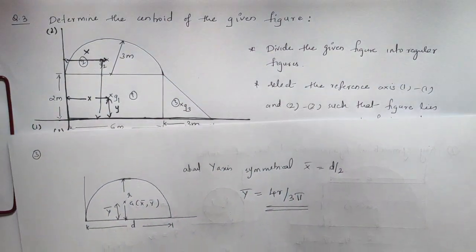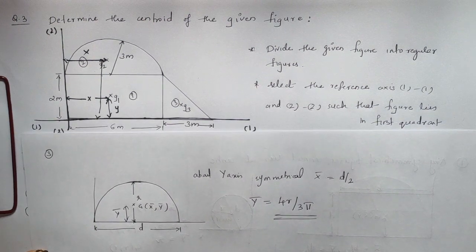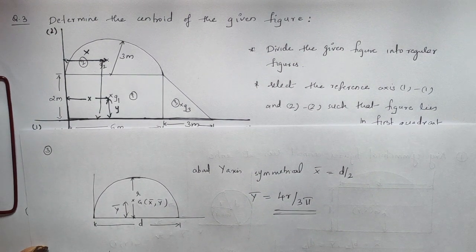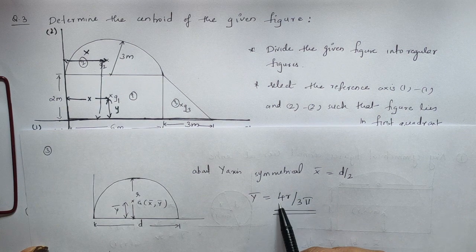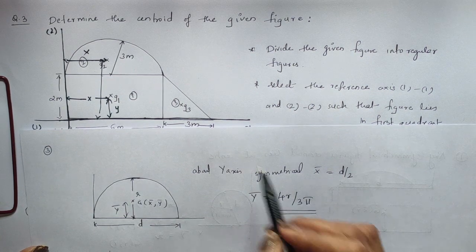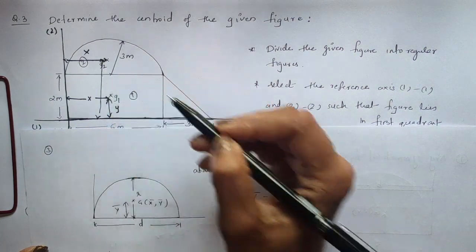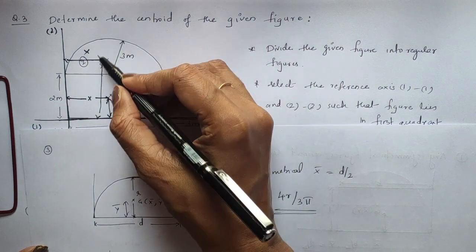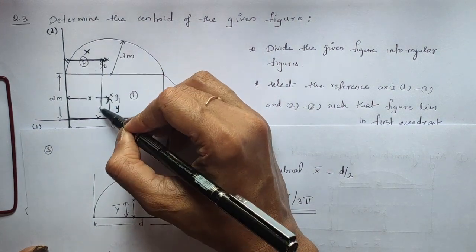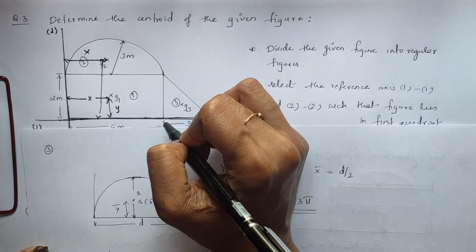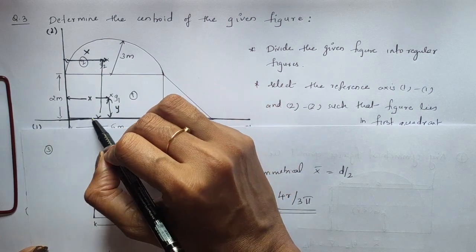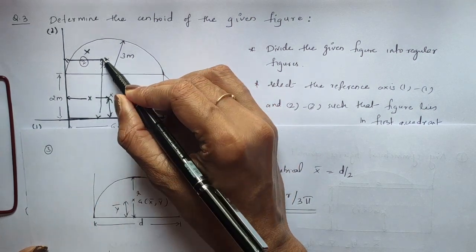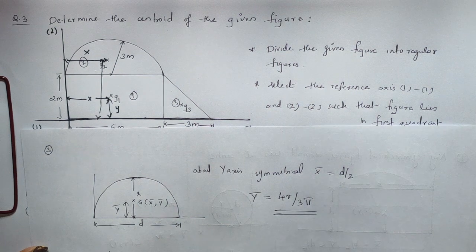As you can see here, I hope you can see, right? The y distance for the semicircle is 4r by 3 pi. So this distance is 4r by 3 pi. But we need to add this distance also, because we are taking from the reference axis. So it will be 2, this total length 2 plus this distance, that is 4r by 3 pi, where